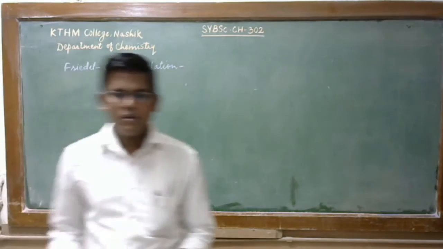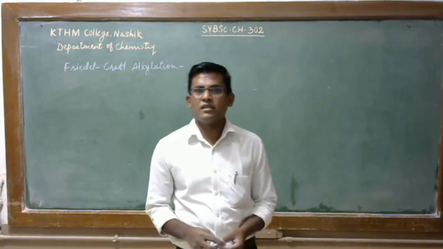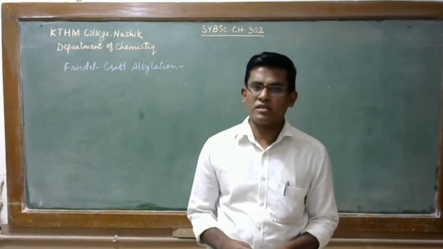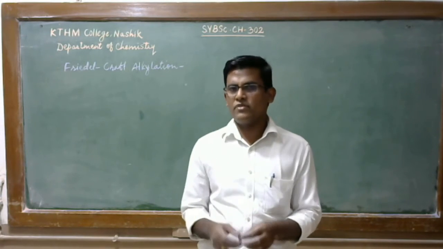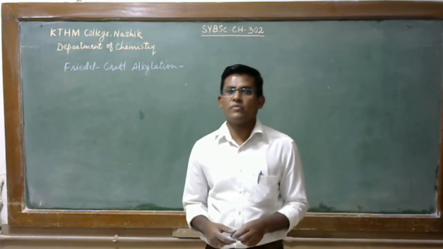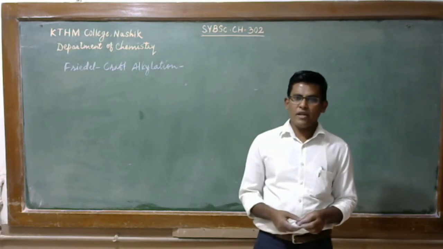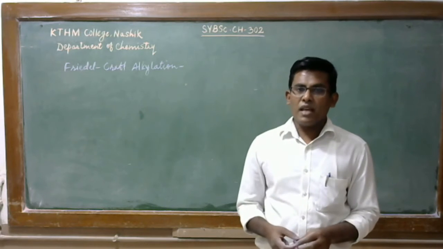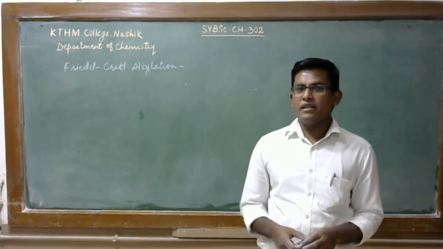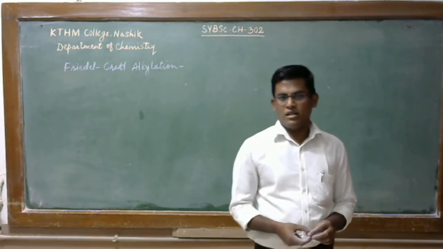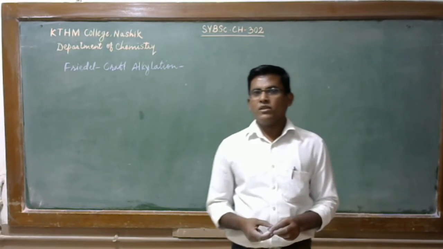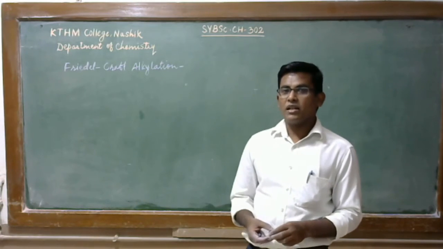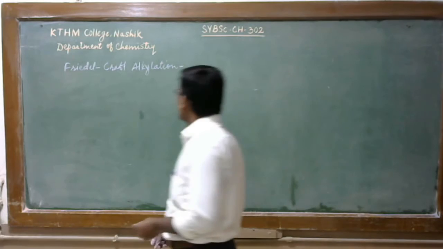Okay, Friedel-Crafts alkylation is an electrophilic substitution reaction, and it is the easiest way to introduce an alkyl group into the benzene. So when benzene reacts with an alkyl halide in the presence of a Lewis acid,